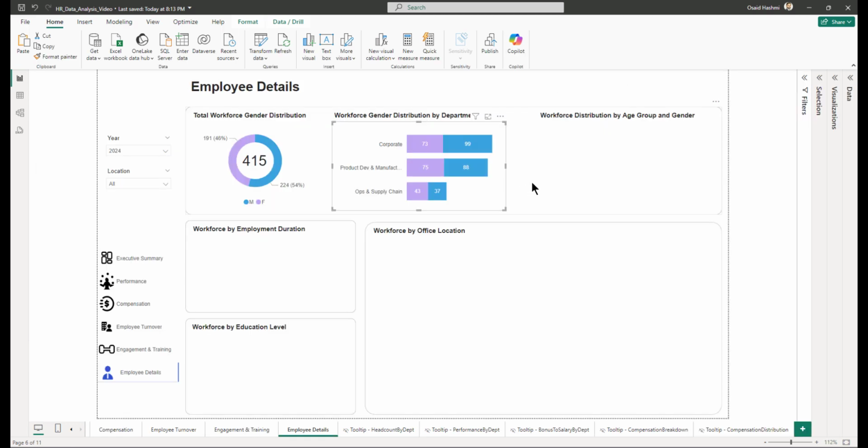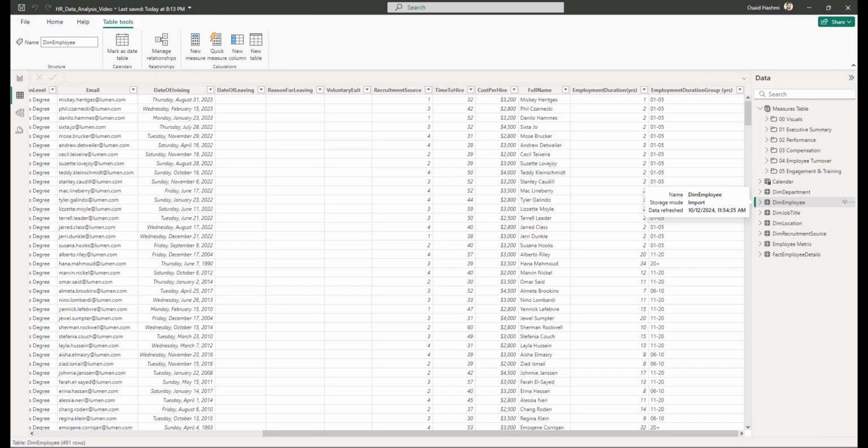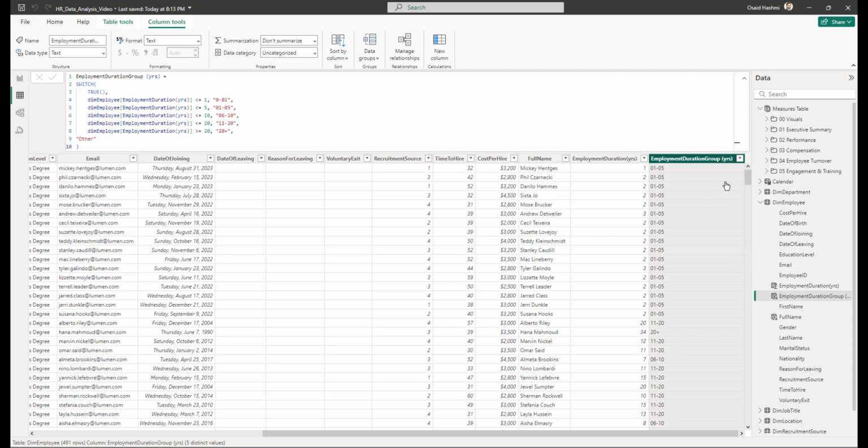The third one is the workforce distribution by age group and gender. It is going to be a similar one. It will be a column chart, but it will be having age groups. For that, we need to create the age group column. So we go to dim employee, and then we are going to create the employee age and then the employee age group. So right click, new column,